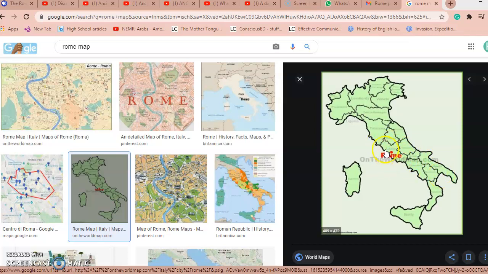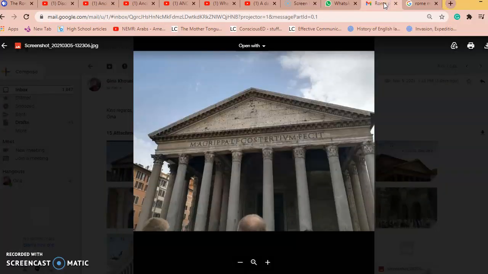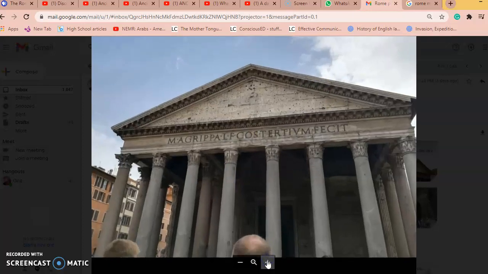A very famous, very ancient and old city and civilization. Rome. And this is where we get the word Roman Empire. It all started here, in Italy, in Rome. I have actually been to Rome two years ago, and I thought it would be nice to show you some pictures that I took there.